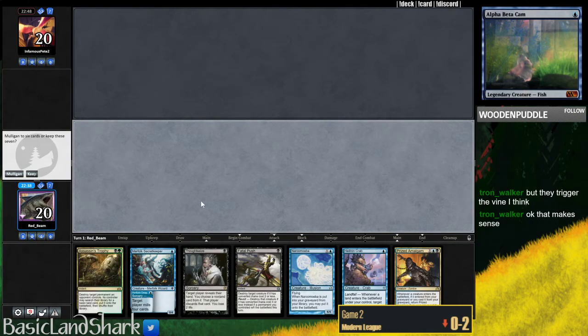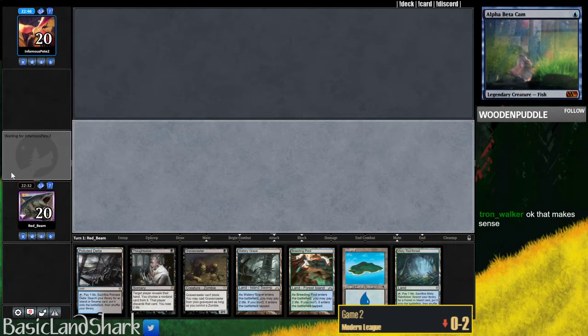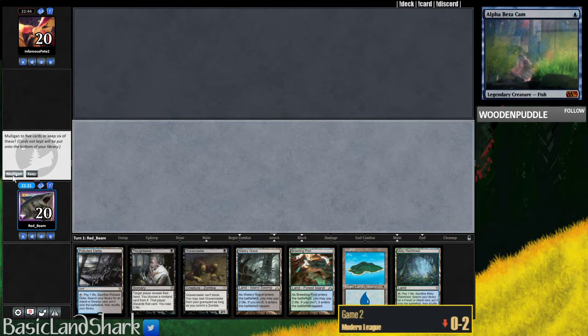Okay, we don't have a land for the Thoughtseize. I got excited when I saw these 2 cards. This I think I have to keep. Gravecrawler can't block though. Nope, I'm gonna mull this. 1 Thoughtseize is not...